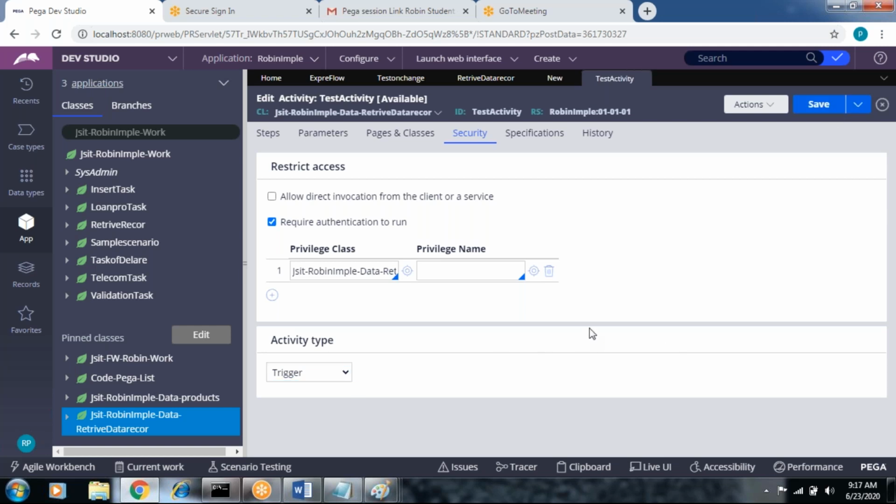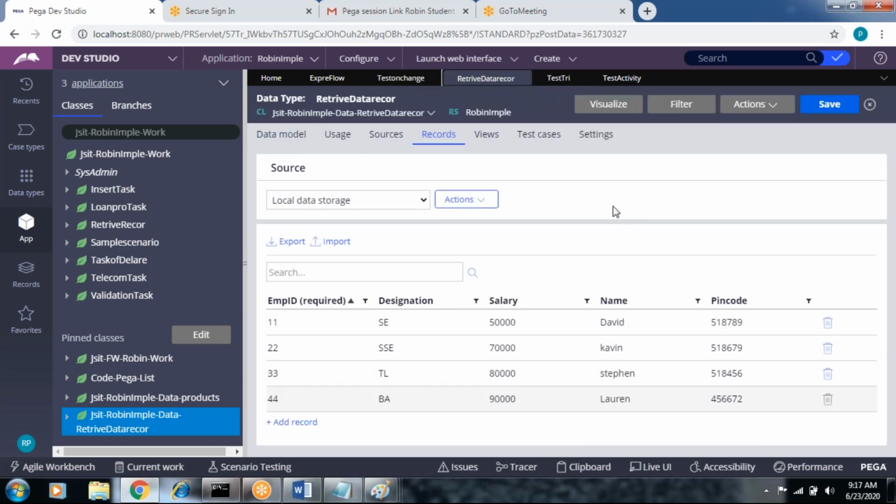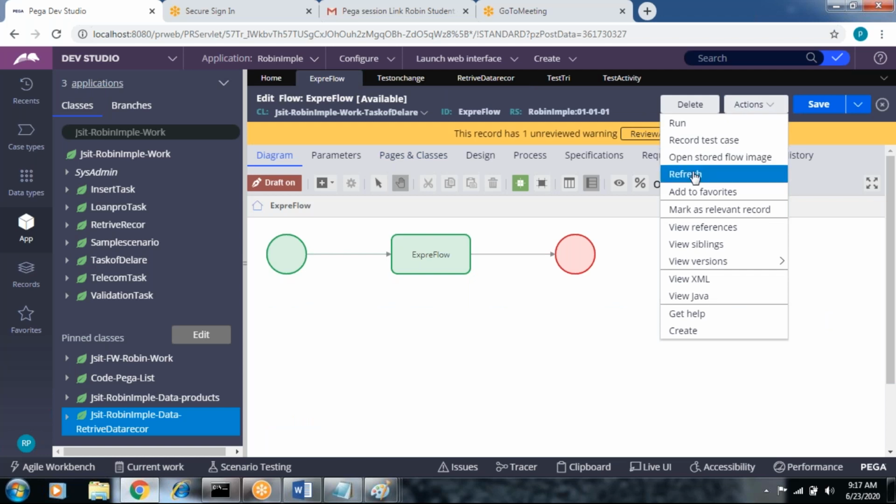Let's save this activity. Come back to the trigger rule and save. That's it. Whenever saved or deleted, call this activity. Through when conditions also we can apply it as you wish. So no need to call it anywhere. Go to flow, refresh and save.